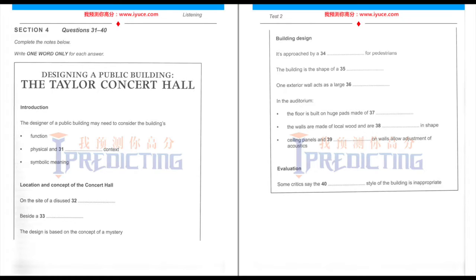The reaction of the public to the new building has generally been positive. However, the evaluation of some critics has been less enthusiastic. In spite of Harrison's efforts to use local materials, they criticise the style of the design as being international rather than local, and say it doesn't reflect features of the landscape or society for which it is built.